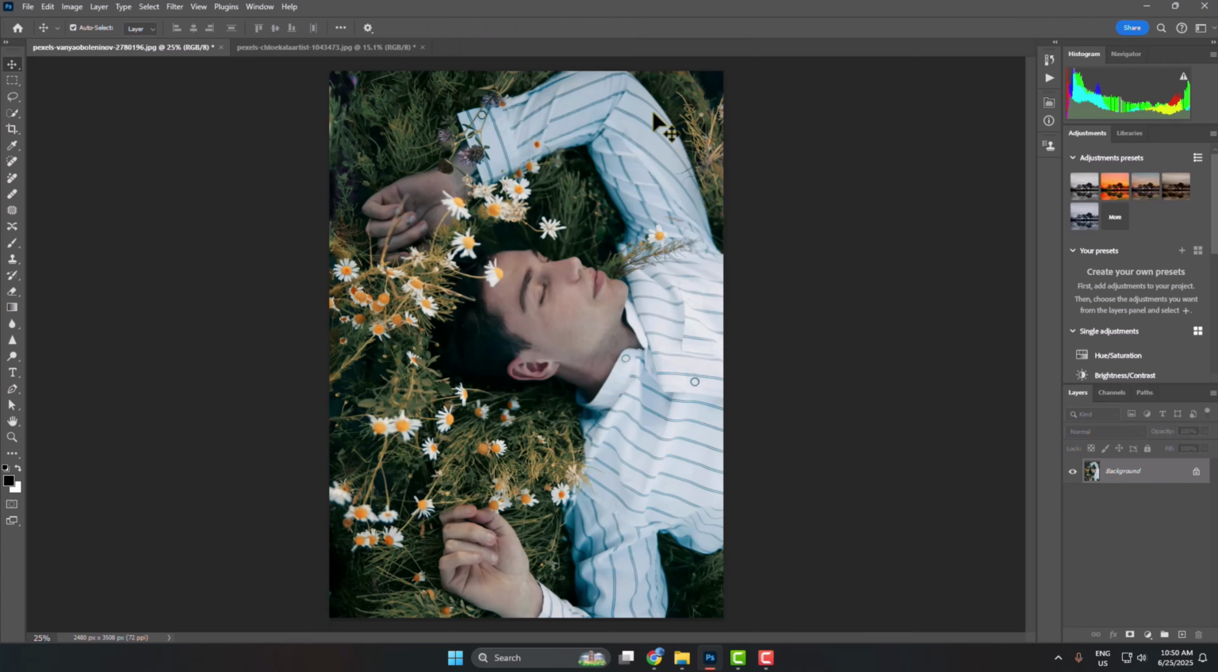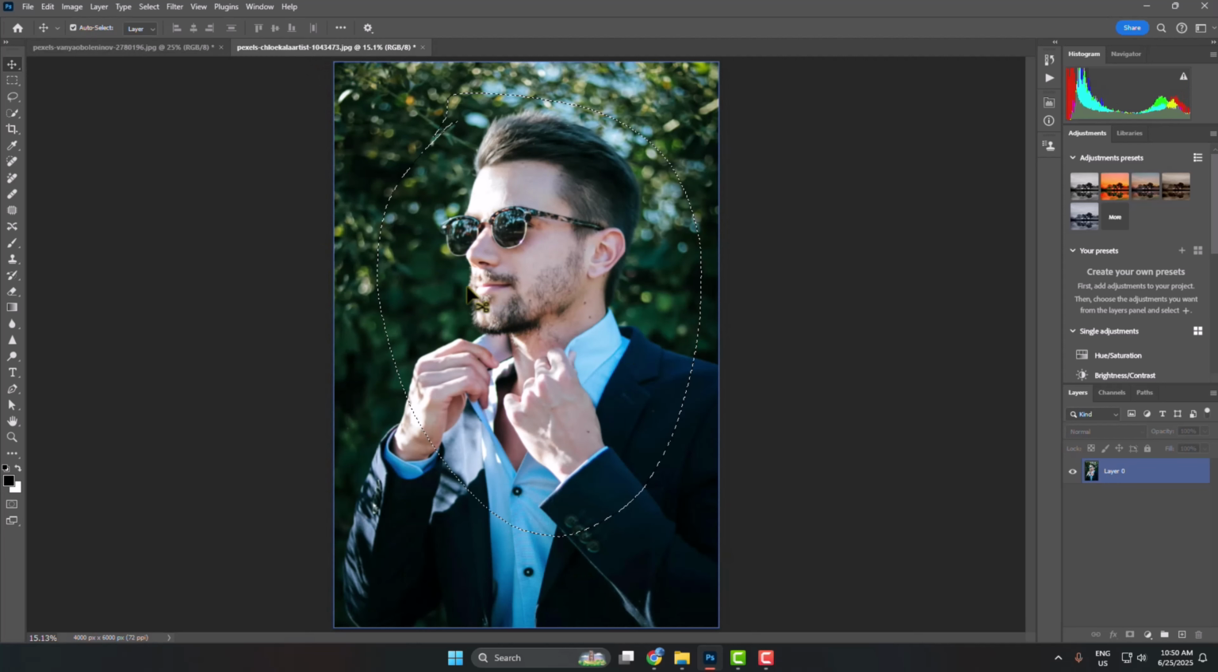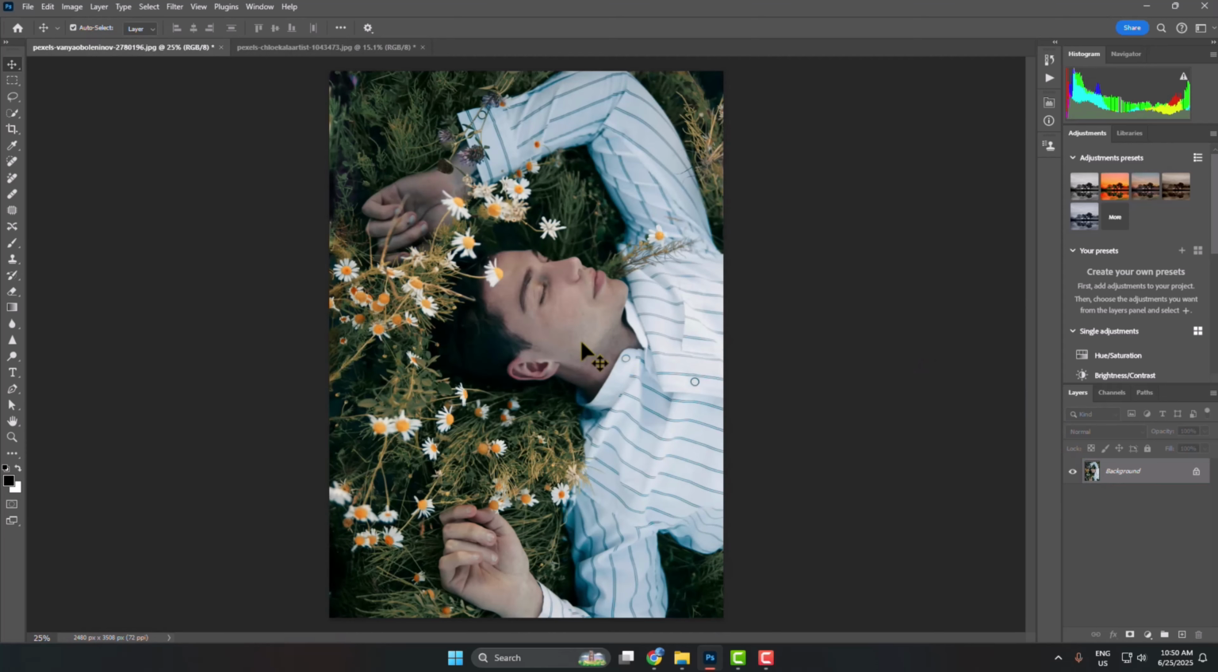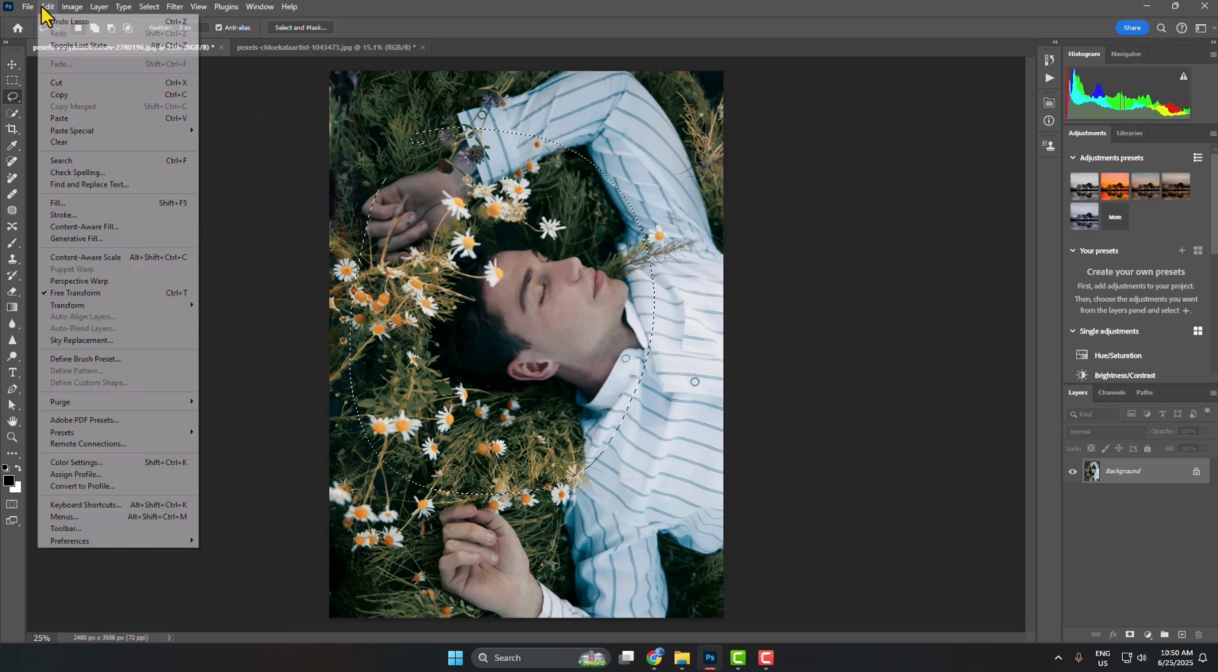And now I will show you how to copy and paste something into a selection. So here I have selected this image part, pressing Ctrl C to copy, then going back to my main project. Here I'm selecting this lasso tool and selecting only this part on my photo and going to Edit, hover over